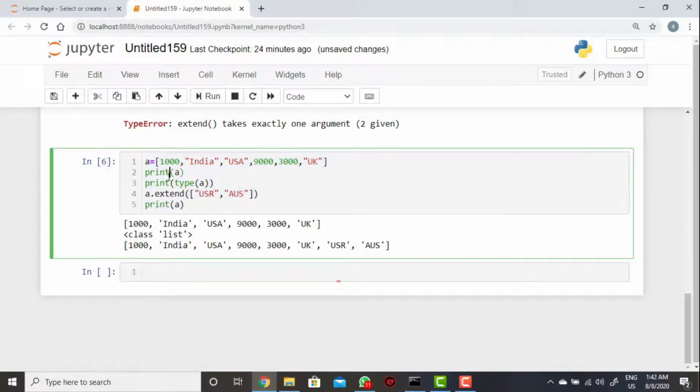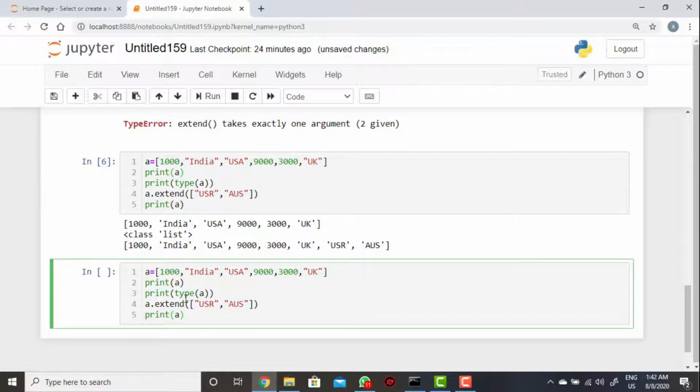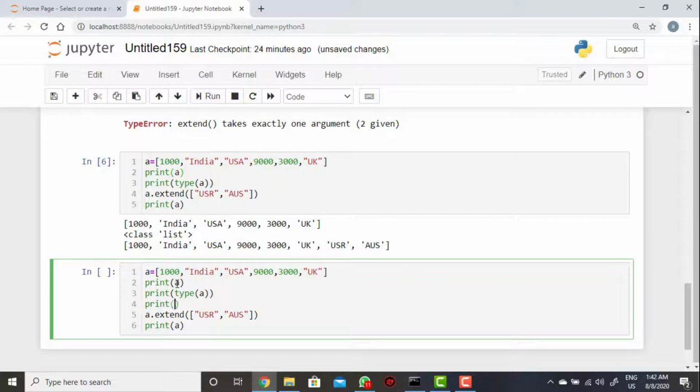Now you can take one more example like this. You can use the length method, print of total elements from the list data structure.